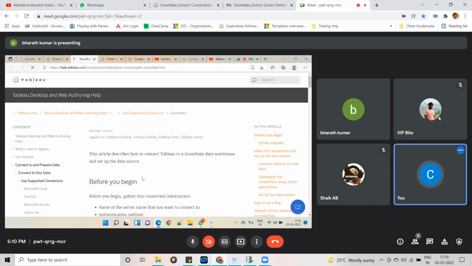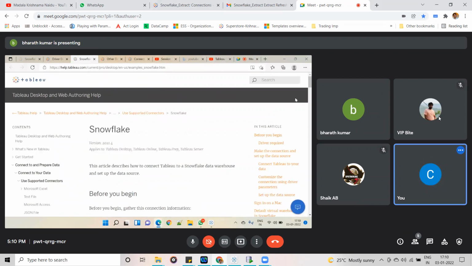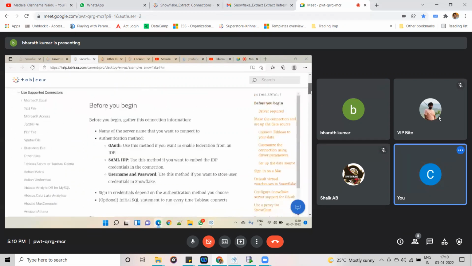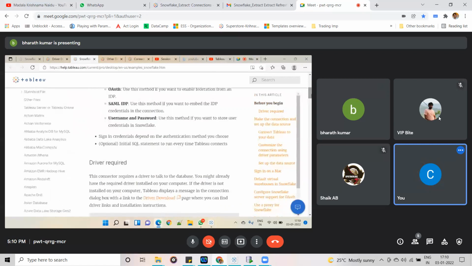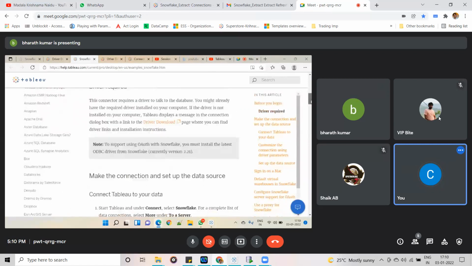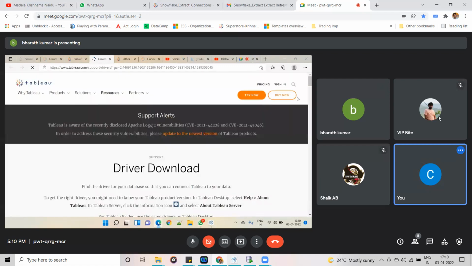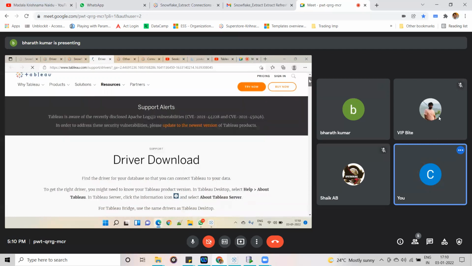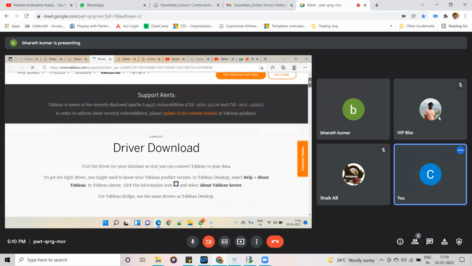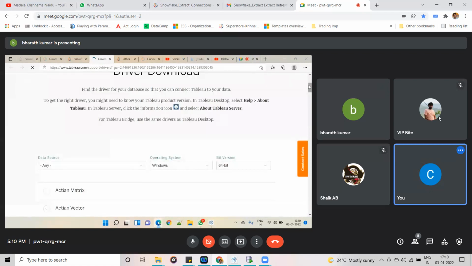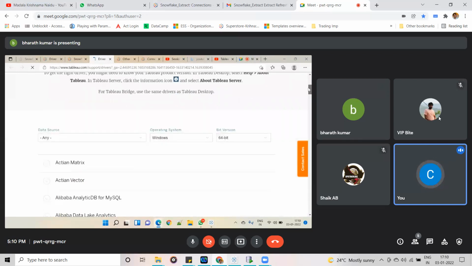Now scroll down. Yeah, there is a driver download option, right? Click on it. Oh, again, it is coming here only.